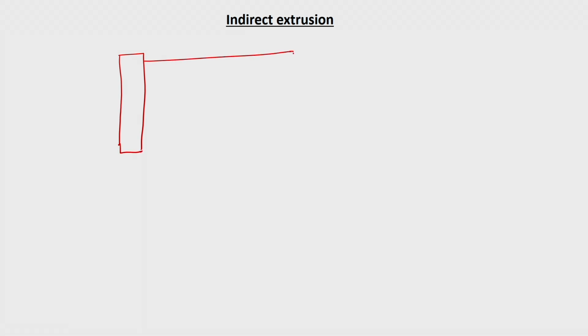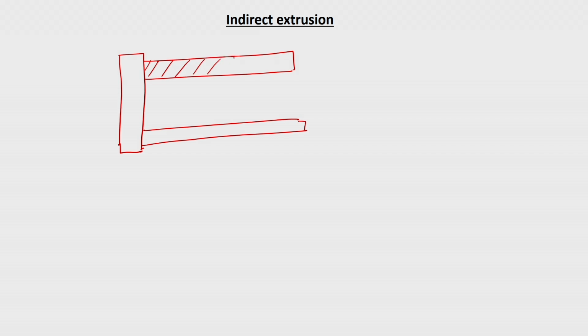Now, the second is the indirect extrusion. In the indirect extrusion, the frictional forces are reduced considerably. See, for example, you are having it on a very rigid surface, a plate, a structure, and your pressure cylinder is like this. The only difference is that in this a hollow cylinder is being used as the ram, a hollow ram is used.